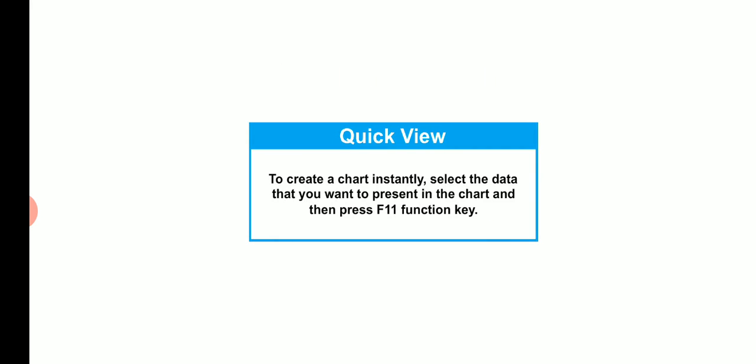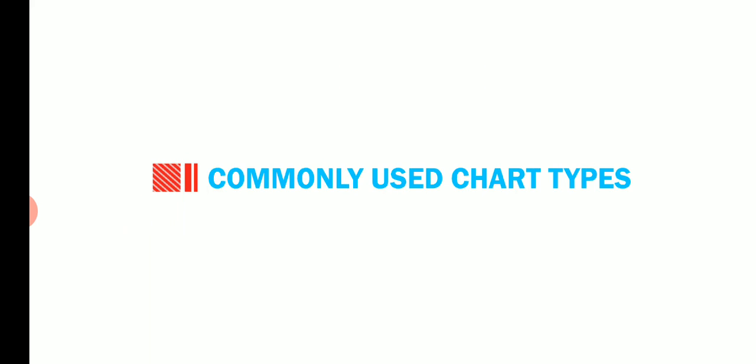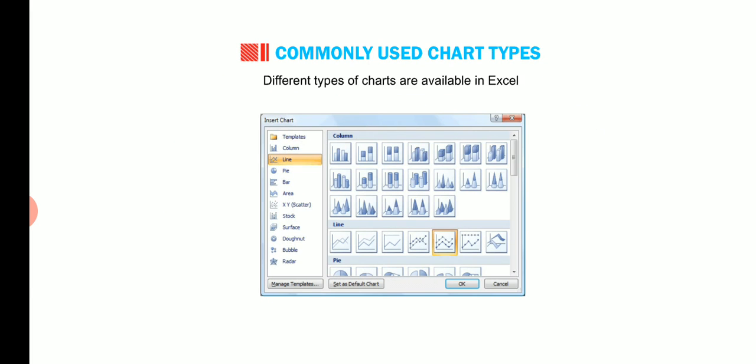Students, note that we can instantly create a chart by selecting the data to be presented in the chart and pressing F11 key. Let me explain to you the commonly used chart types. Different types of charts are available in Excel. Some of the most commonly used charts are: